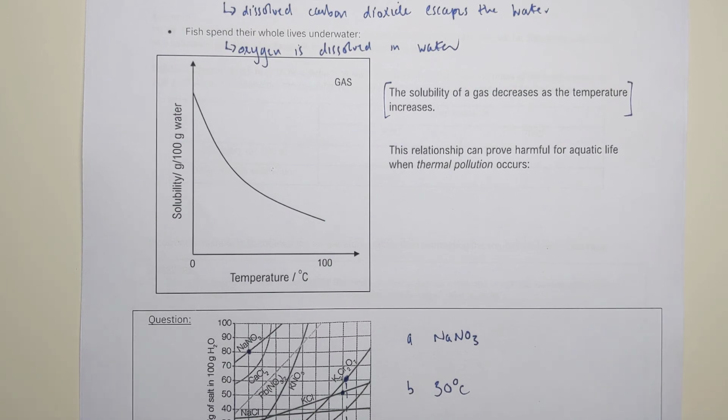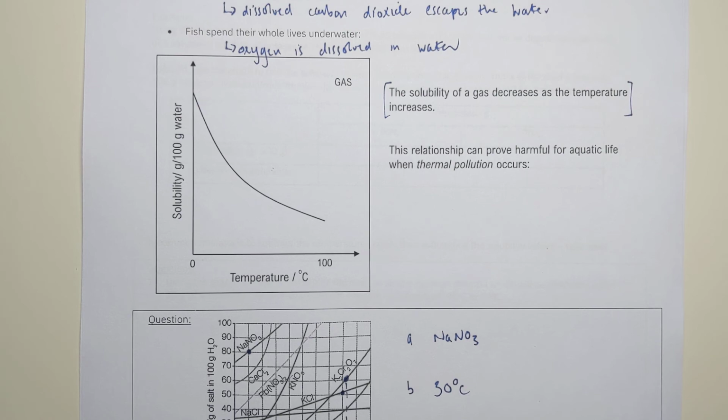Might sound a wee bit strange talking about thermal pollution. It's basically implying that heat is causing damage to an environment. It's very common in the areas around factories. Now, factories produce a lot of heat. The way they keep that under control is to use what's called a coolant, obviously to cool it down. The most common coolant they'll use in factories is actually seawater. Lots of factories are built next to rivers or next to the sea. They'll suck the water in, which is obviously reasonably cold. It'll cool the factory down, and they're going to pump the wastewater back into the river or into the sea,